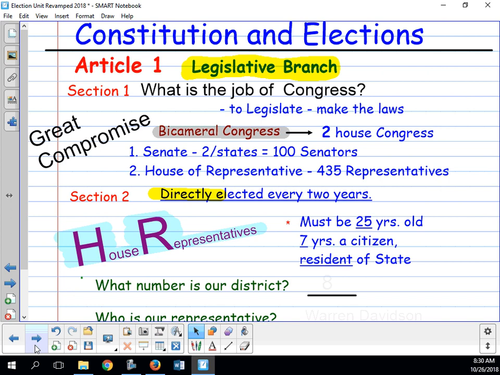Okay. So it's divided then into the Senate, and there's two people per state, total of 100 senators. Okay? That's it. You can't have any more unless you get a new state. And if we get a new state, how many people do we add? If there's only two senators per state and we get a new state, how many senators will be added? Two. All right. Now, the House of Representatives, however, they have 435.